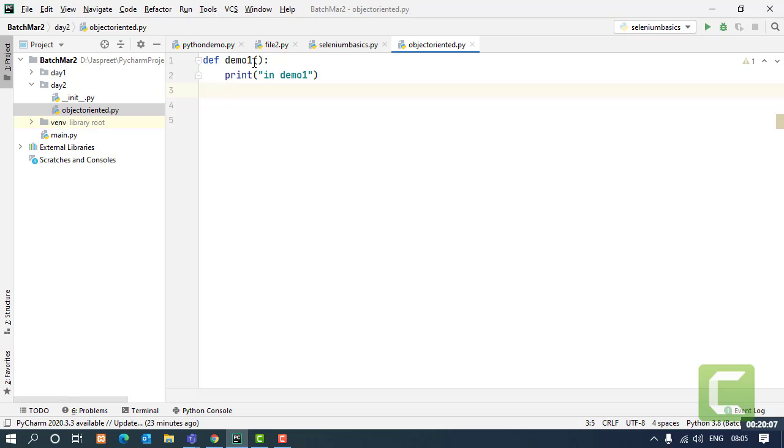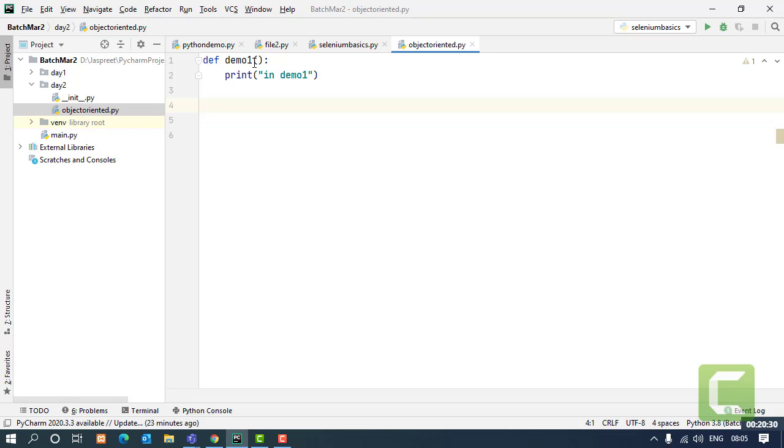Now, if I press enter, it will again give me a space of a tab. But if I remove this space, now I am out of the scope of the function. Whatever next I will be writing, that's not going to be executed in my function. That may execute independently or as per I want to run it, but it will not be under the function.